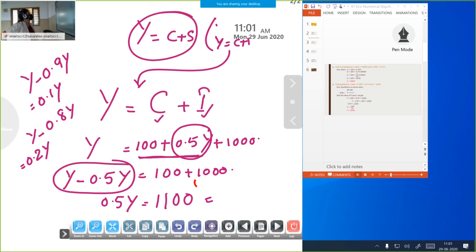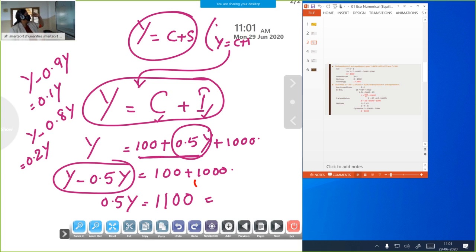How did we get it? First we have to substitute what is given. Here we have to find out the equilibrium level of income. We have Y is equal to C plus S and C plus I. Which equilibrium equation can we take? That depends upon the question. The statement gives C and I. That's why we have taken Y is equal to C plus I. Then substitute. Okay. Then I think you have noted. You just write the question, then the final answer, only that much. While doing practice, you will get the answer. If you are not getting it, you can ask.